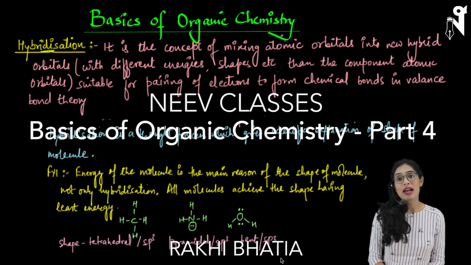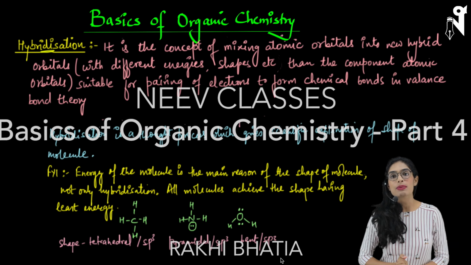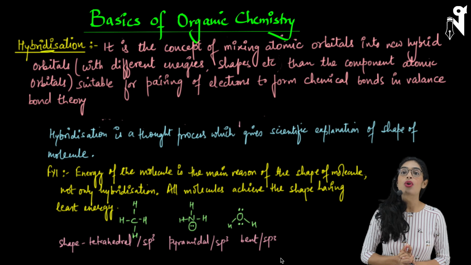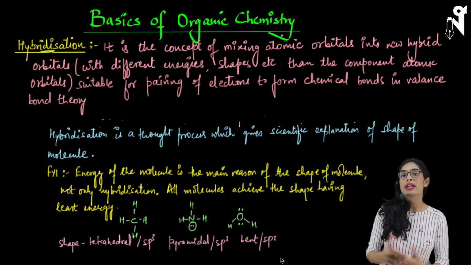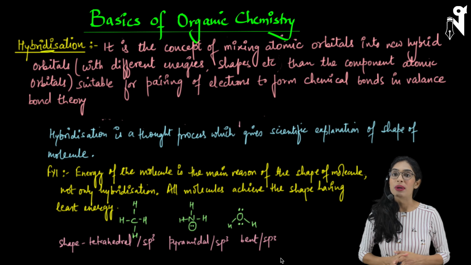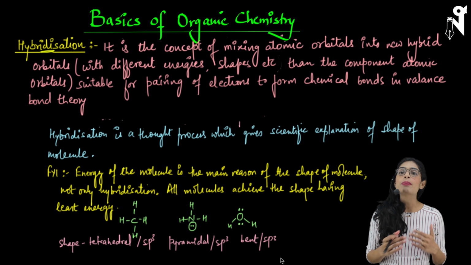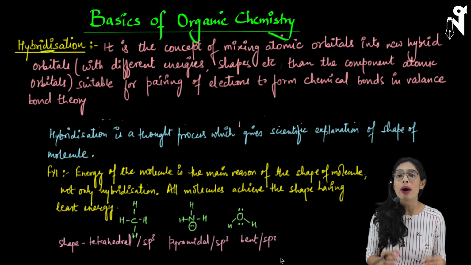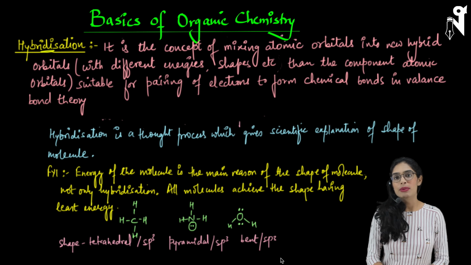Hello everyone. In the last class, we discussed some common names, some methods of giving common names to some compounds which are very commonly asked in the competitive exams. And further, we had to go through more common names and then comes the IUPAC naming. But before we start the IUPAC naming, we will be understanding a few more basic terminologies which are required to have a better understanding of organic compounds and organic chemistry.